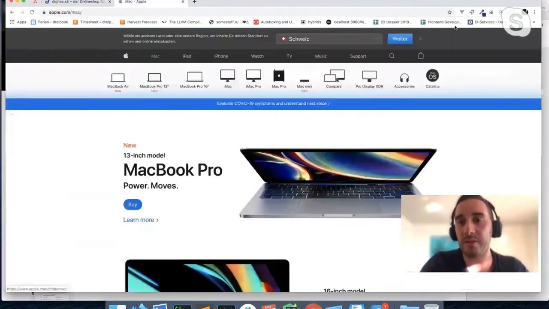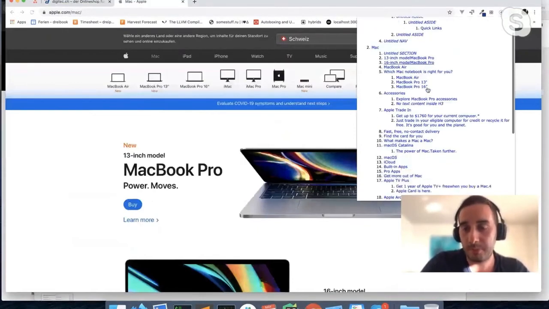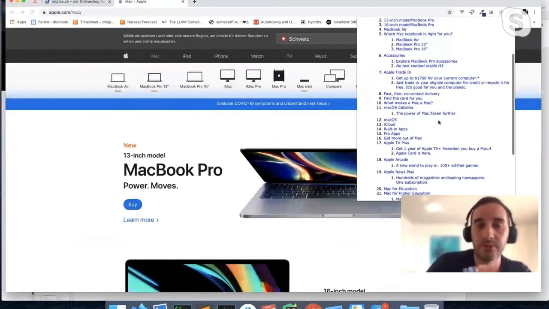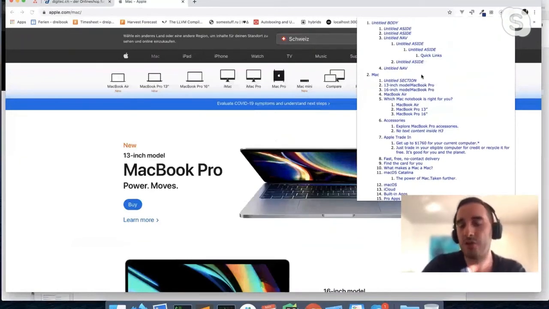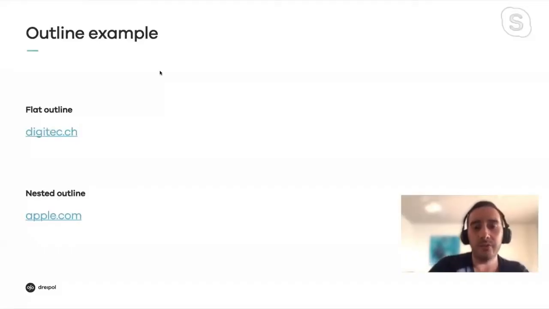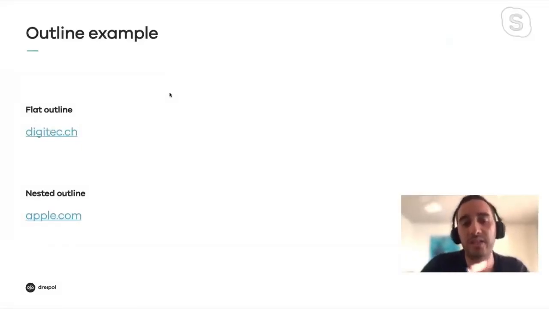But Apple, for example, has a better nested structure thanks to the use of HTML5, and provides deeper meaning to the contents of its website. So neither of those approaches is bad or good, but you need to know that those things exist,